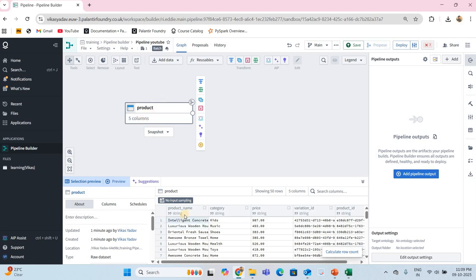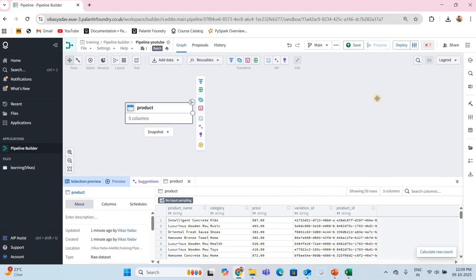Now you can preview this. So we have a preview option here, right? If you click on this node, so this is called a node, you can see these are the entries. Let me maximize this. The output related part, I'll teach you later. First let me focus on these things. So this is the node.